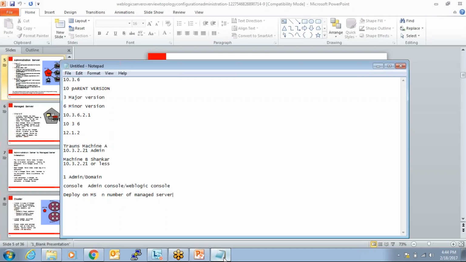Clear? One thing, go ahead. If we are creating two different domains, then we will need two different WebLogic consoles. Can you repeat your question once again, please? If we are creating more than one domain on a machine, then we will have different WebLogic consoles for all the domains. Exactly. Why? Because